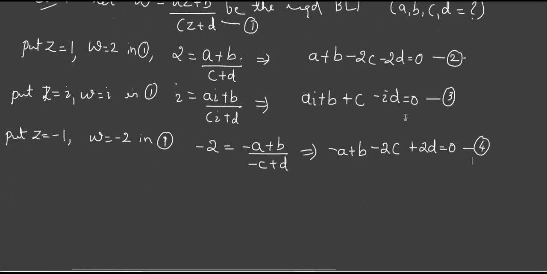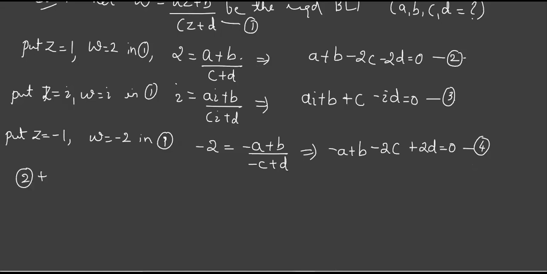For this problem, it will be easy. This is a and this is minus a. So if I add it, what happens to my a? It will be eliminated. Cancel. So it depends on the set of equations you get. You have to just see, you should reduce the number of unknowns. It can be by multiplying with some constant, then by adding or subtracting, whatever it is. See the equation and decide.